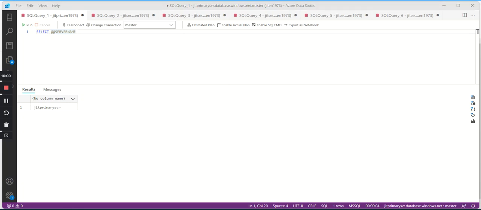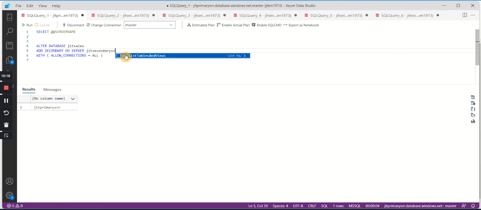So for T-SQL also it is very, very simple. You just have to write one ALTER DATABASE statement here, and you have to provide a secondary server name. We already have one, so two we would be doing from here. The statement is very simple: ALTER DATABASE JIT cells ADD SECONDARY ON SERVER, secondary server name,